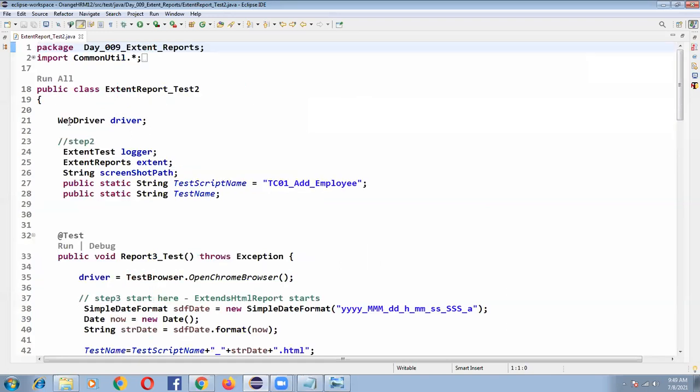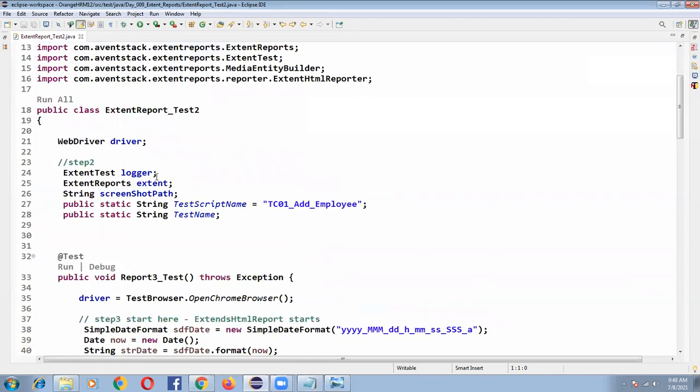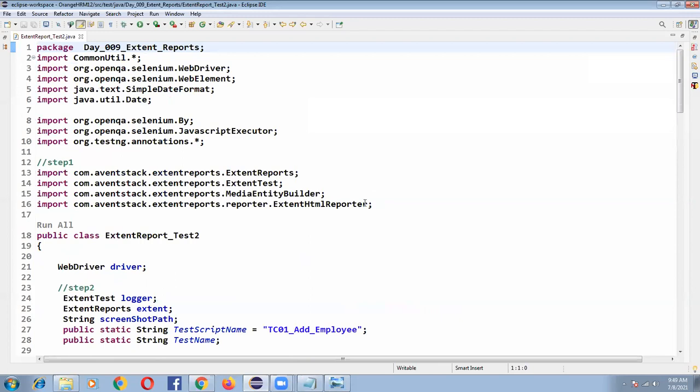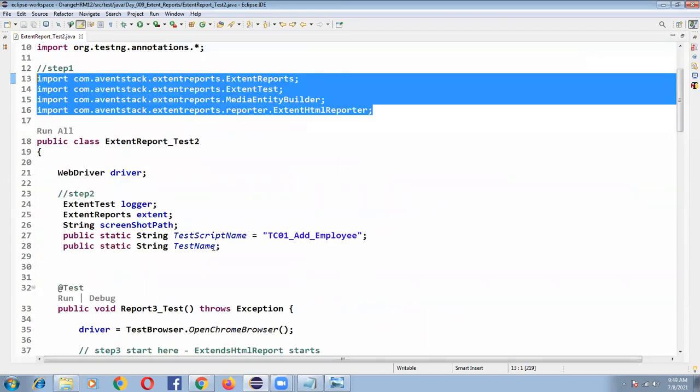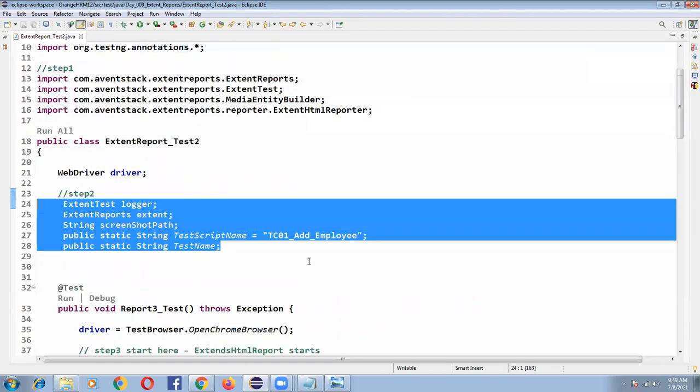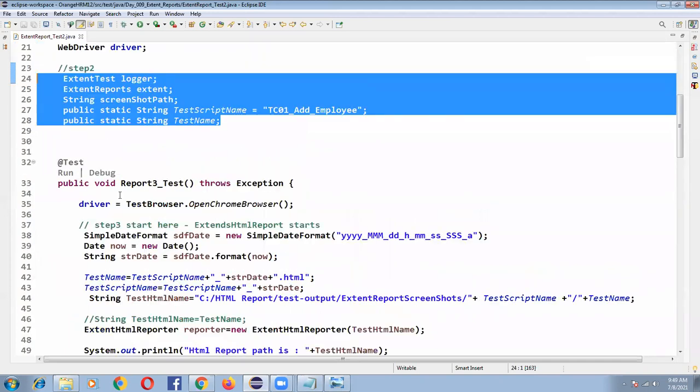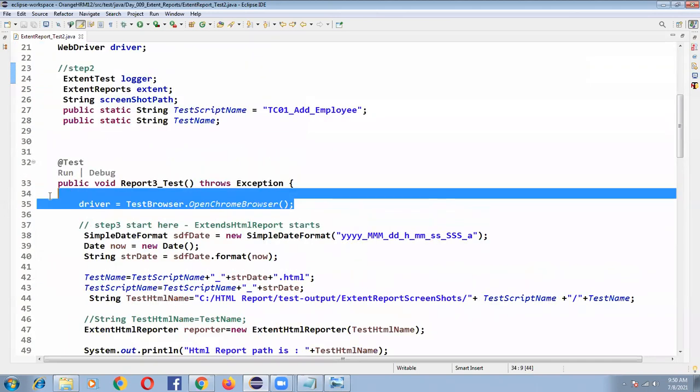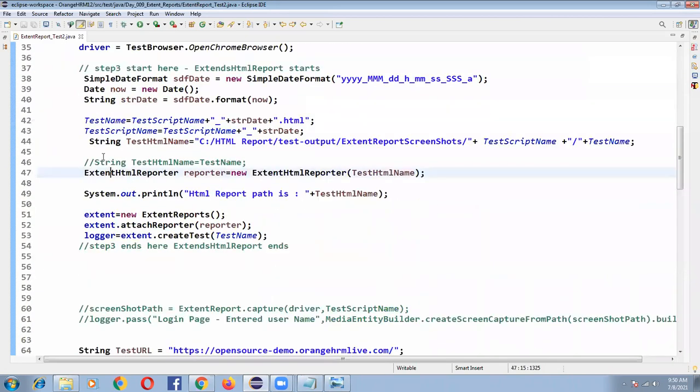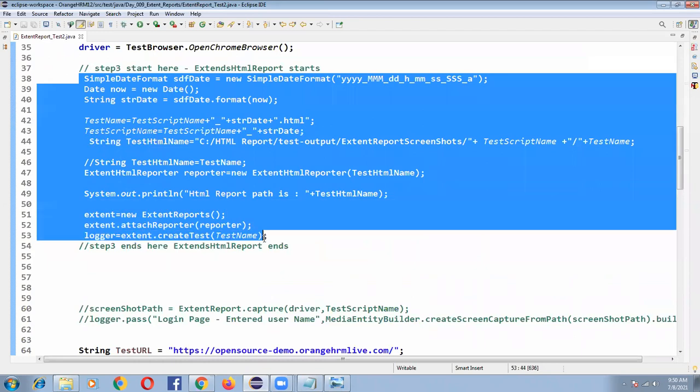Okay, so this is step one we declared, and step two is we have declared all the required things. And step three is, I'm launching my browser. I have launched my browser, and after that, in step three, I have written this code. So in every program, once you launch your browser, just a minute, I'm getting one call.